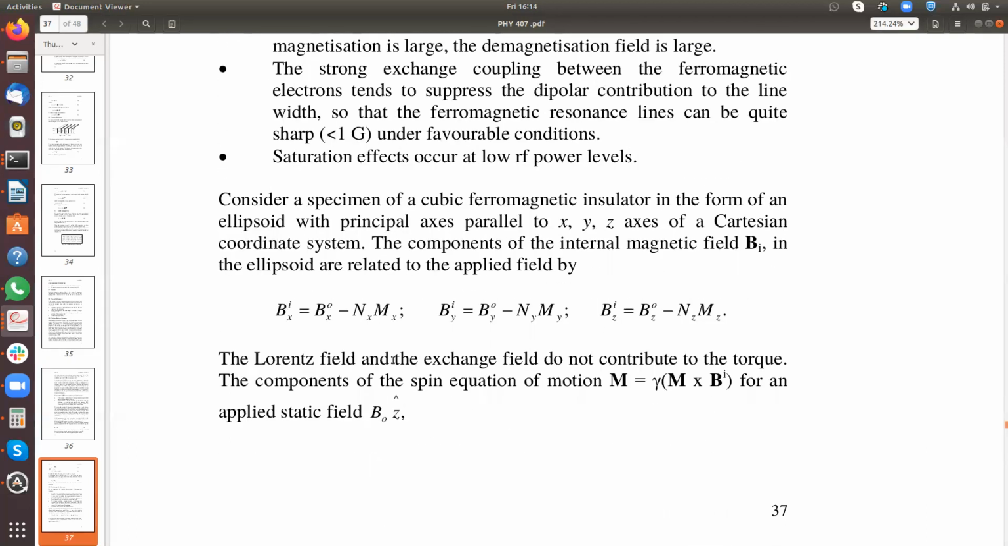Now, consider a specimen of a cubic ferromagnetic insulator in the form of an ellipsoid with principal axes parallel to the XYZ axes of a Cartesian coordinate system. Then we can have the internal magnetic field BI in terms of all these axes as BX, BY, and BZ, written in this form. So if we try to introduce the Lorentz field